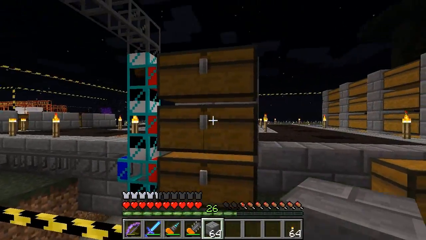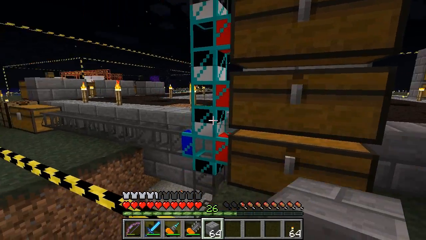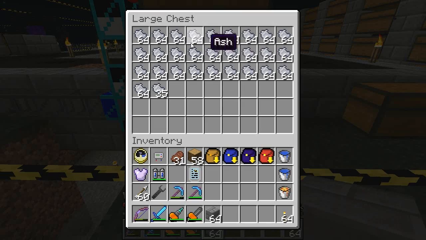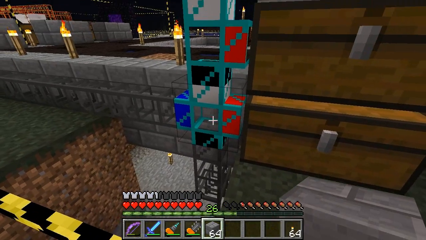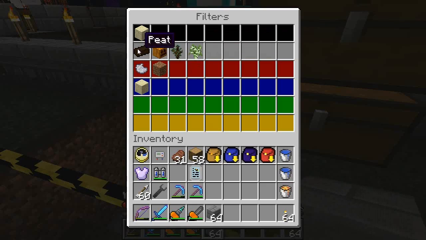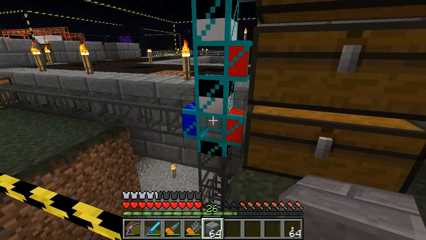So this is my storage for peat here, and then the chest in the middle is for peat. I have sorted here. And this is the chest for ash, sorted here as well. This is also the first diamond pipe that it comes to here, so I've had some extra sorting. Peat should go up together with...